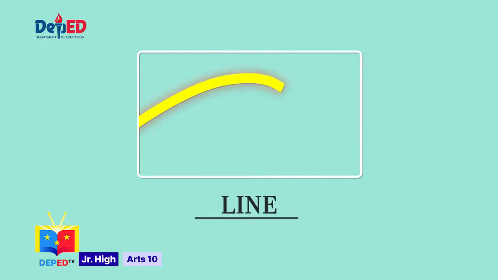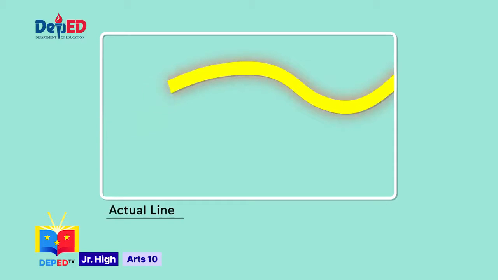Line is our basic means for recording and symbolizing ideas, observations, and feelings. It is a primary means of visual communication. Lines always have direction. They are always active. Lines have different variations, and these are the following: actual line,